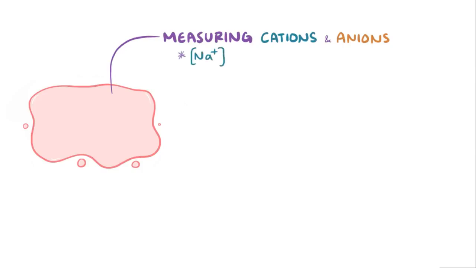So let's say that we try to measure the concentration of cations and anions in our plasma. Unfortunately, not all the ions are easy or convenient to measure. Specifically, among cations, usually just sodium is measured, which is typically around 137 milliequivalents per liter. And among anions, chloride is measured, which is about 104 milliequivalents per liter, as well as bicarbonate, which is around